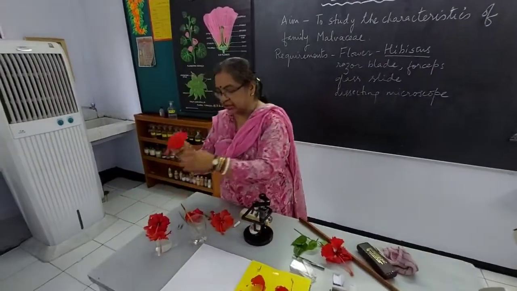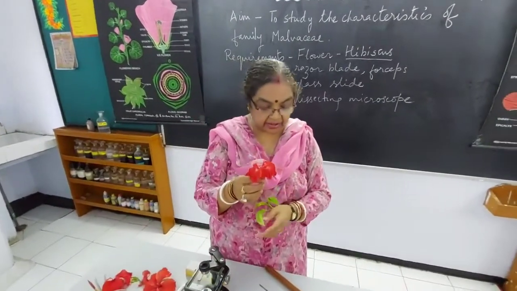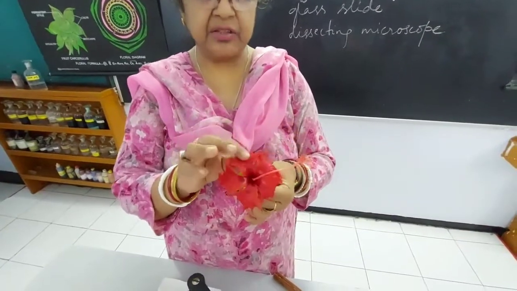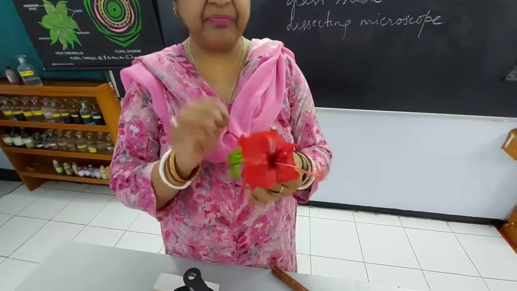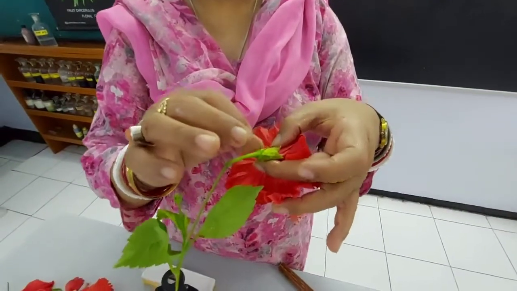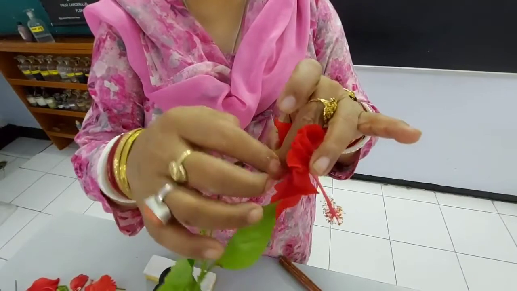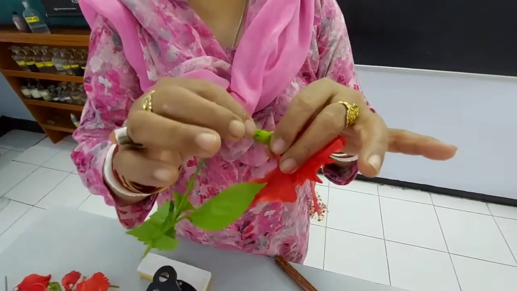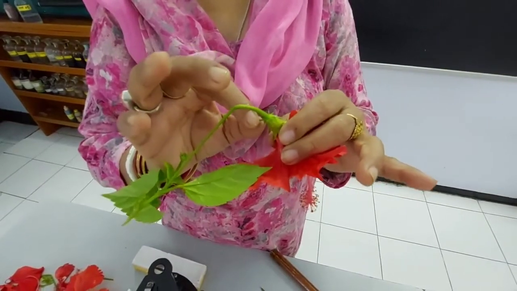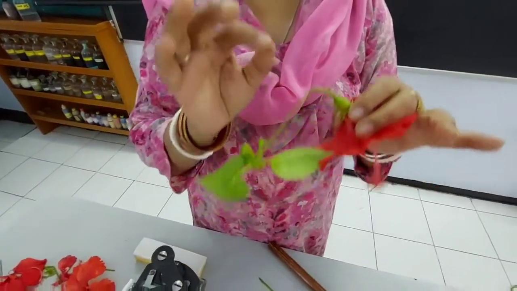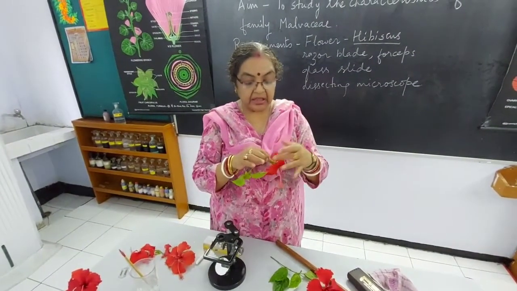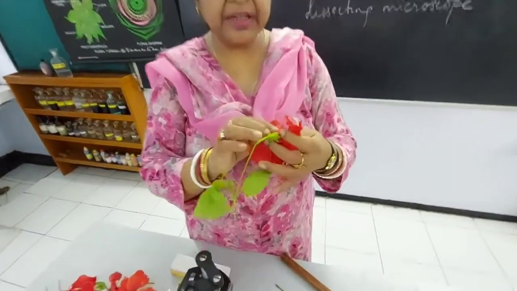Now in this flower, children, we see this is a twig containing the flower. The flower is very bright colored, so there is insect pollination in this. Then the first whorl that we see is called the epicalyx. These are the small sepal-like structures called epicalyx, and you will count the number of such small leaf-like structures. There are usually 7 to 8 such leaf-like structures.